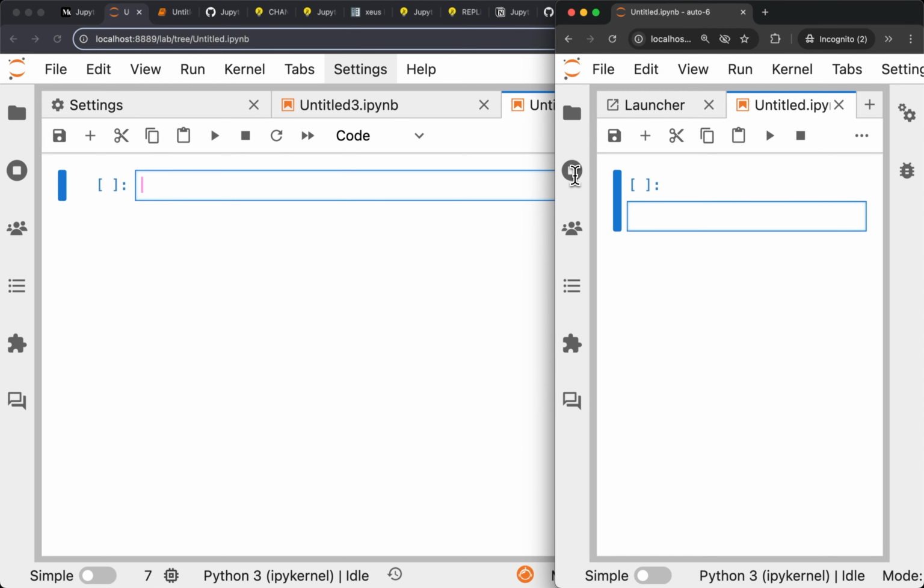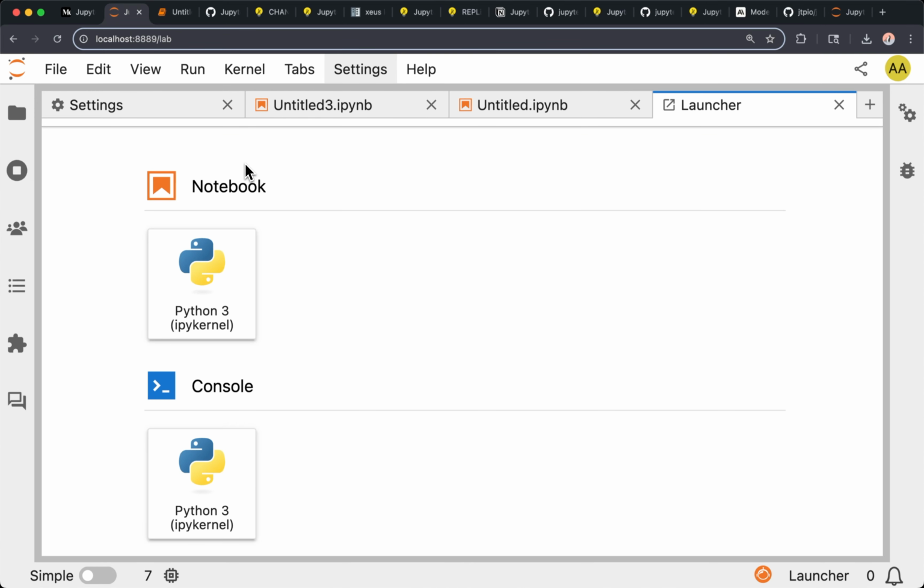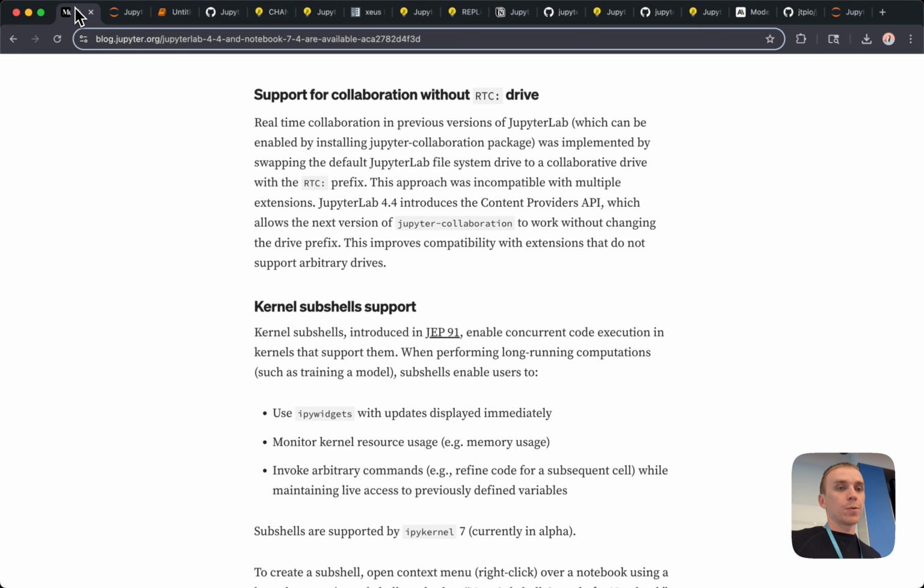And the main difference in the latest version is the removal of the RTC prefix. So maybe it doesn't mean anything to you if you haven't used collaboration before, but in the previous versions, you used to see something that says RTC there. That was more for technical reasons, but now it's gone, and it should help make the whole collaboration experience a bit more stable in JupyterLab. Because that was causing some issues with files not being saved properly or not being handled properly by extensions. So there's been some work to make that a bit nicer in Lab.